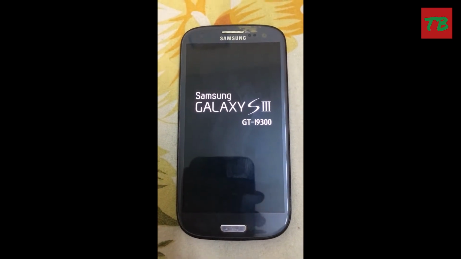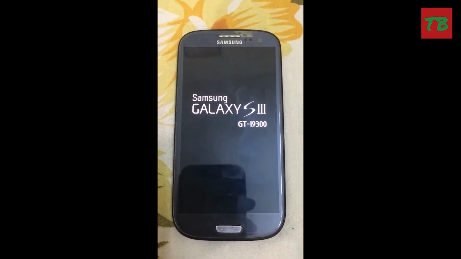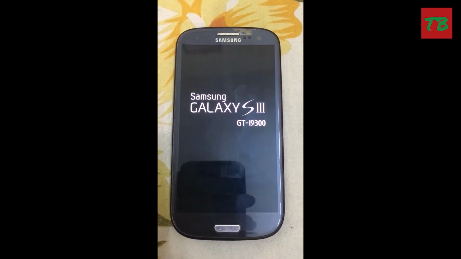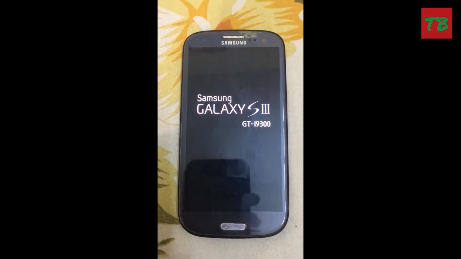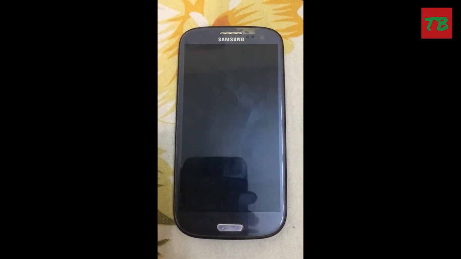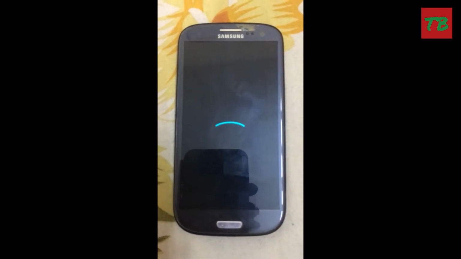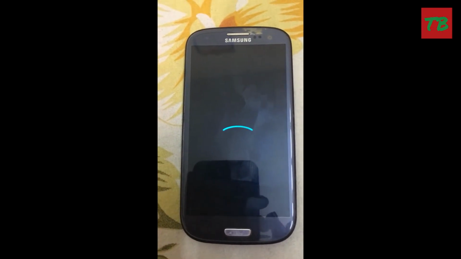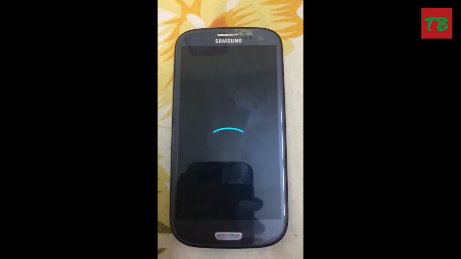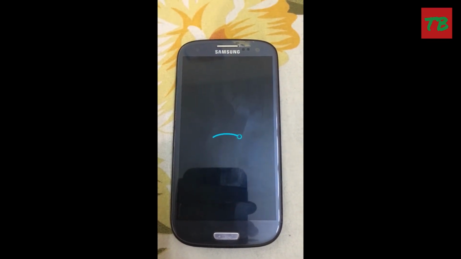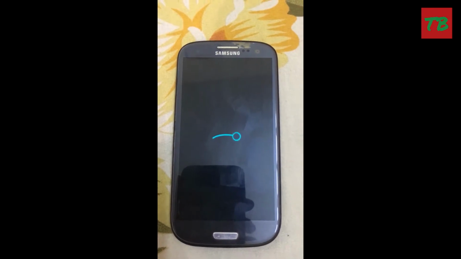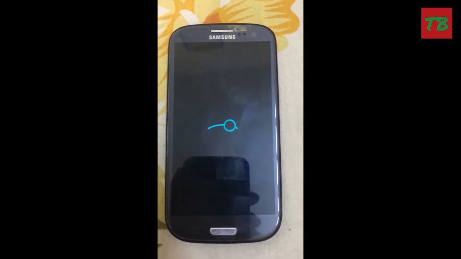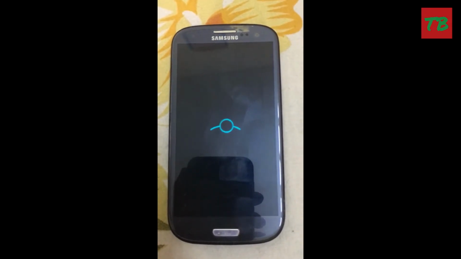So guys, this is a mistake that I did. I didn't know that OpenGApps Mini would not work on this phone since it doesn't have a big system partition. So I'll quickly download the micro version on my computer, and once this thing reboots with the new ROM, I would transfer it to the external SD card, then reboot to TWRP recovery and flash it.